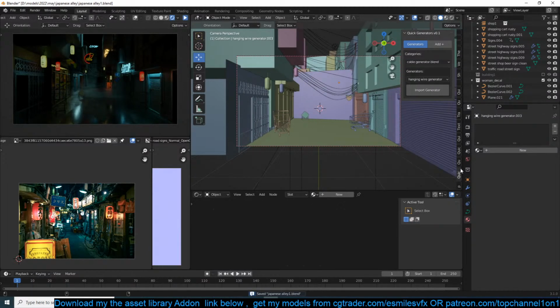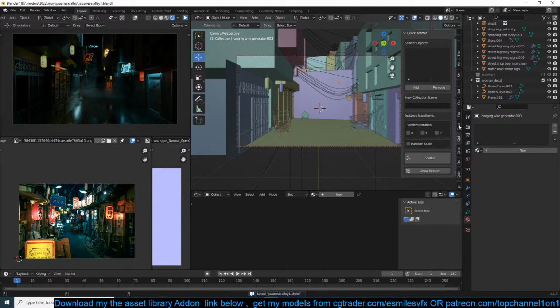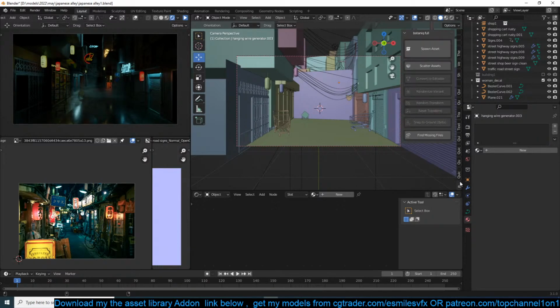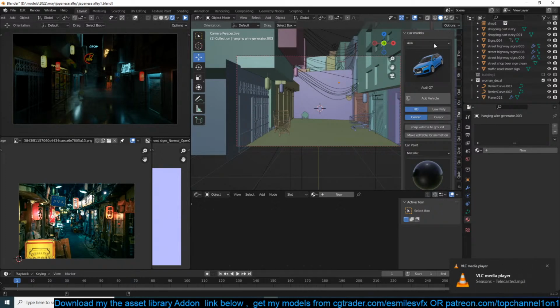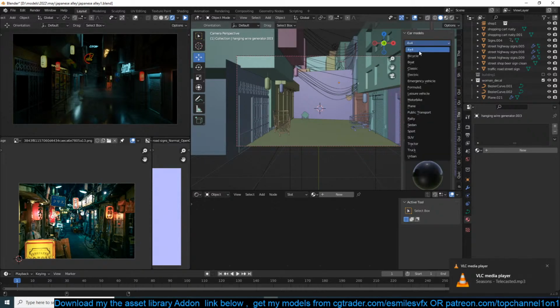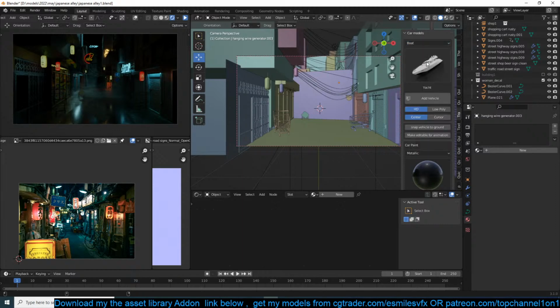I'm going to get a car from the transportation add-on, the Polygonic transportation add-on, so we can have a car in here to make the alley more crowded. There are bikes. This is a great add-on. I think I'll be leaving a link in the description if you want to get it. It's not my own add-on.